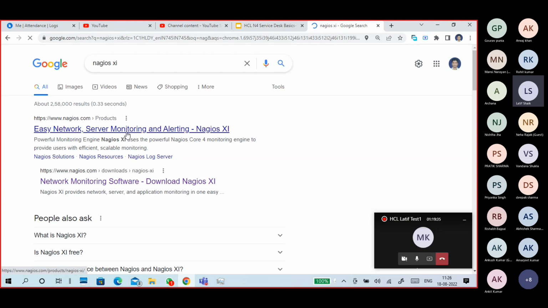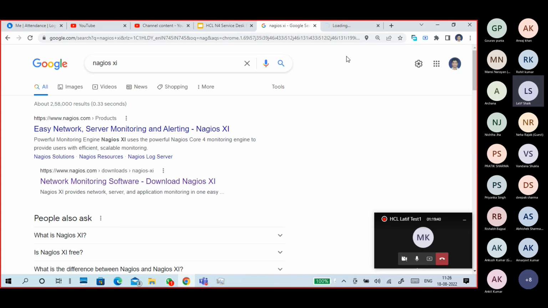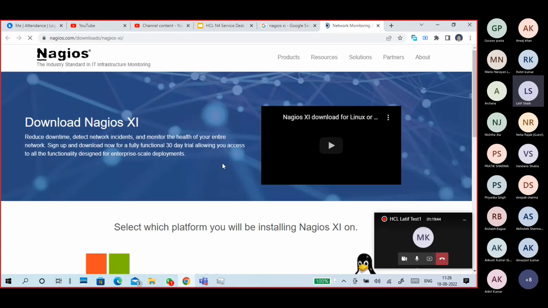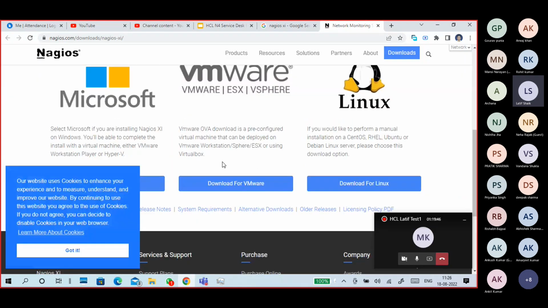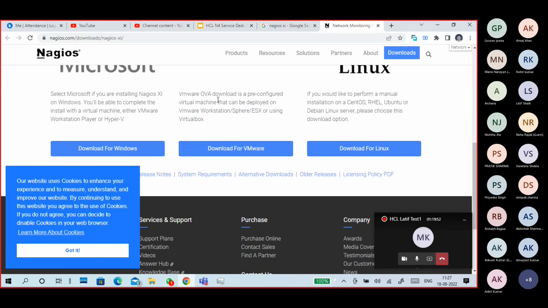You can download this Nagios XI anytime. It is a 60 days free trial version, so you can download it as per your requirement. This is a Microsoft, VMware and Linux based application. Microsoft means if you are using Windows 10 Pro or Enterprise, you may get a Hyper-V based